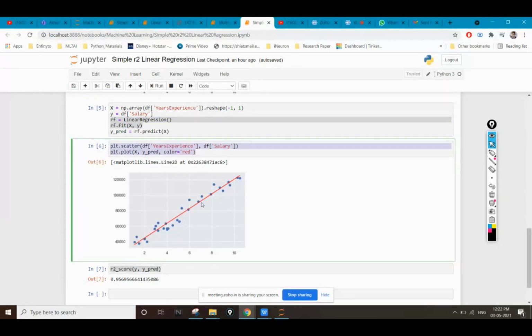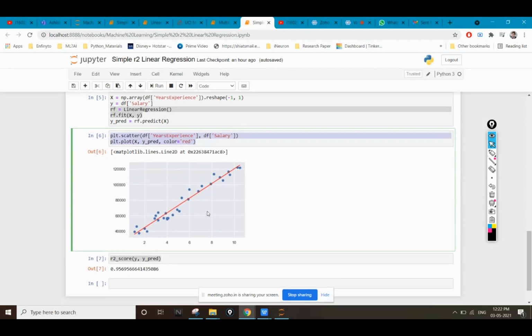So this red line is my predicted line, y equals mx plus c, for the best value of m and the best value of c according to my equation. And these blue dots are all the original values of x and y.